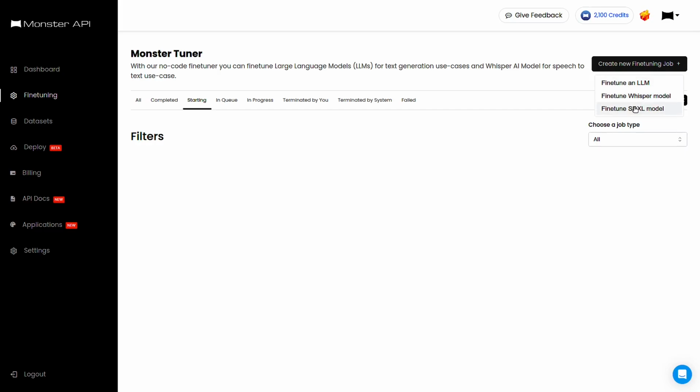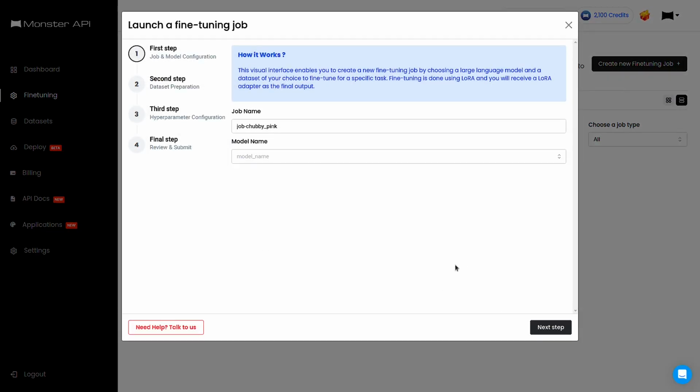You will have quite a few different classes of fine tuning. You can fine tune a Whisper model, SDXL model. For now, I'm going to just choose fine tuning an LLM. So it will give you a default name, and definitely you can change it because this particular fine tuning I'm going to do on Gemma. So Gemma-2b